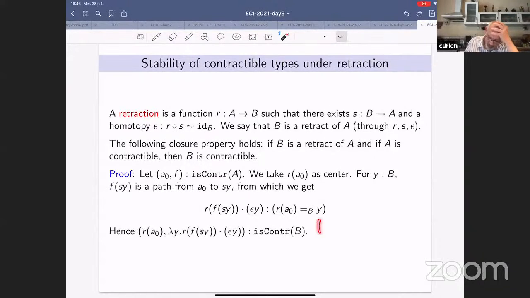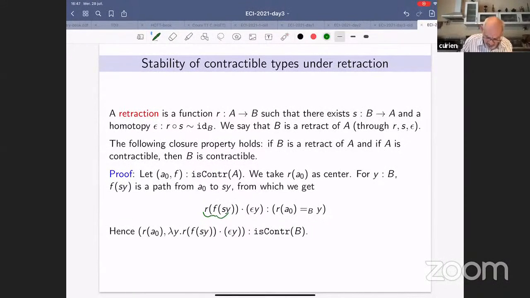So this y is arbitrary. From B, I can apply s, because s goes from B to A. So I can do s of y, and then I can apply f to s of y, which will provide me with a proof that a0 is equal to s of y, by contractibility of A, of capital A. Then I can apply the function r to this path, which will give me a proof that, let me write it, this guy here